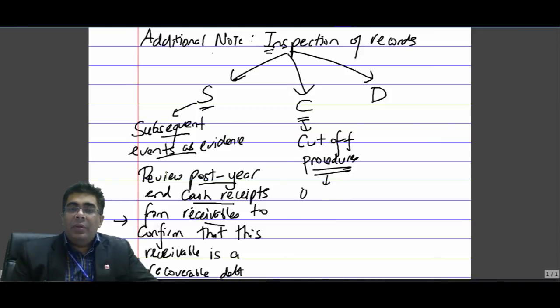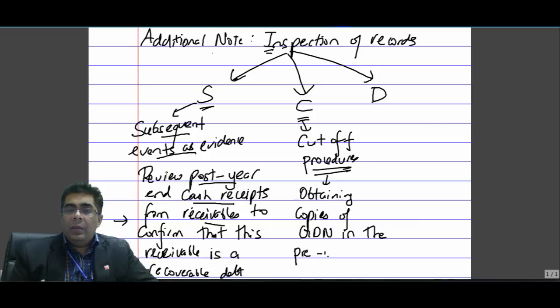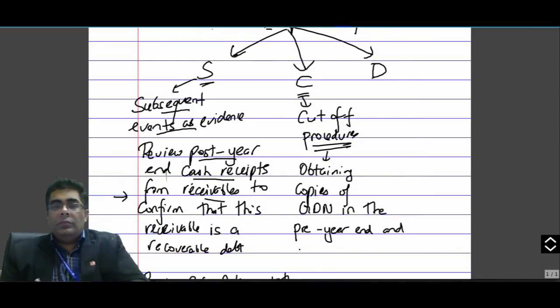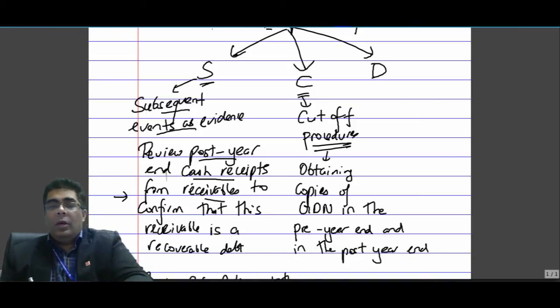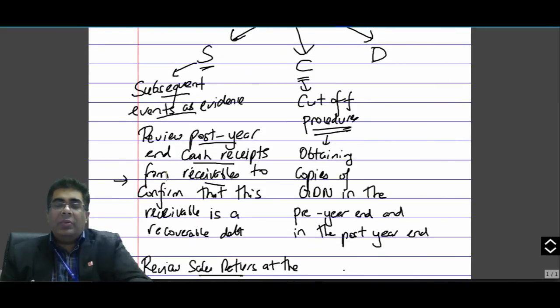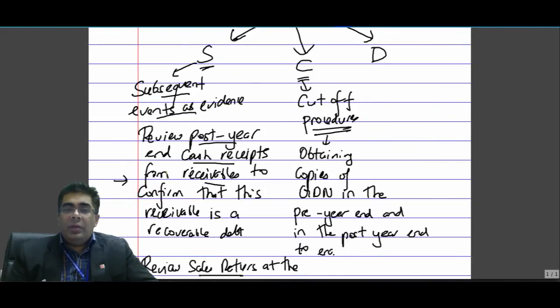For example, obtaining copies of GDNs in the pre-year end and in the post year end, and I want to ensure that